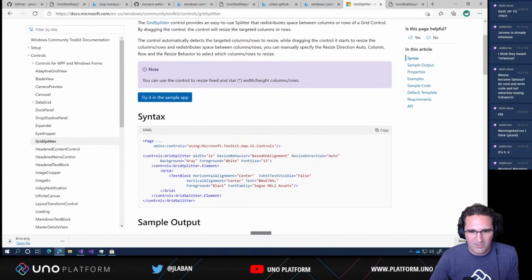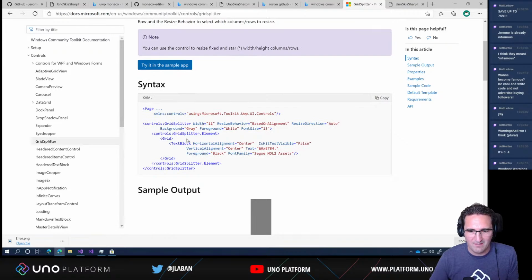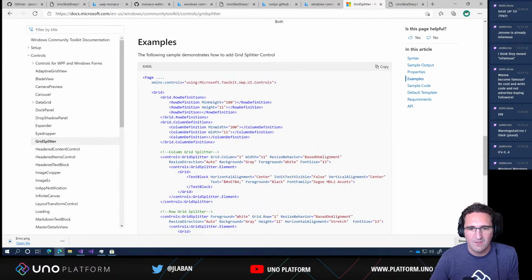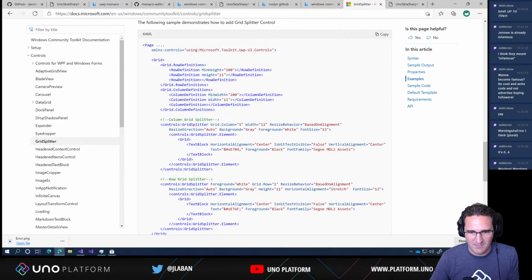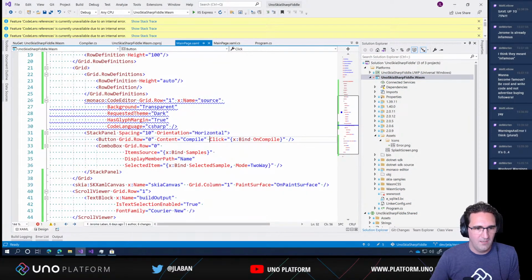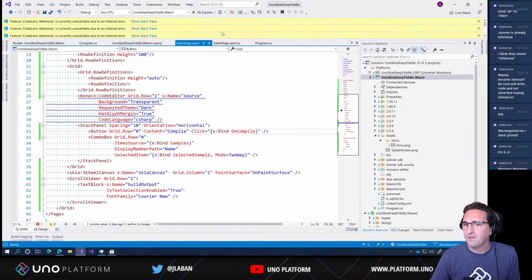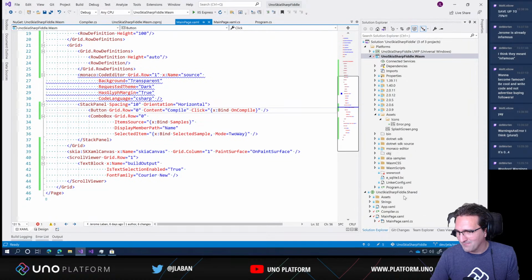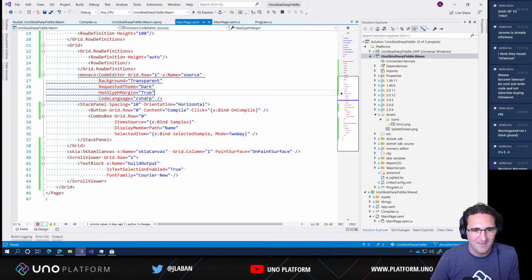Okay, so what we're trying to do here is have the grid splitter and have multiple items that are split between all this. So we can find different elements that need to be wrapped around. So we have different elements that need to be put inside of the grid. So we're probably going to be just wrapping the elements inside the content. So let's take a look at what that does. So in the application here, I updated my Visual Studio to the latest builds, and it's still doing this. I thought it was supposed to be fixed, but it's not. Maybe it's the 0.4 that was provided there. Okay, so